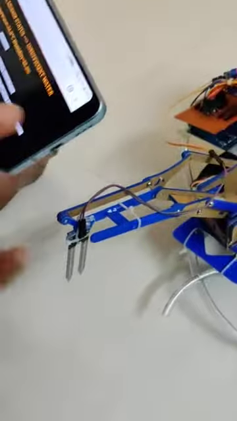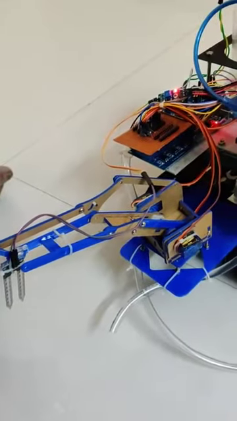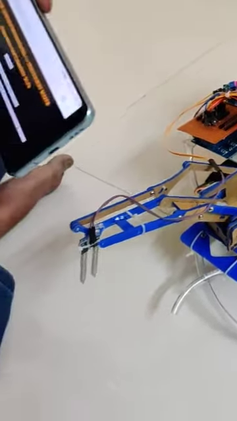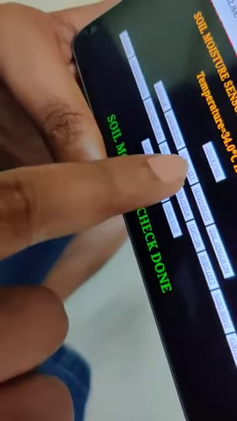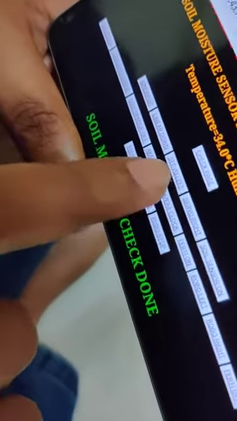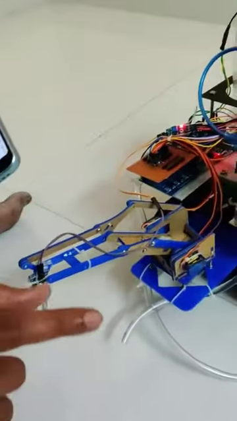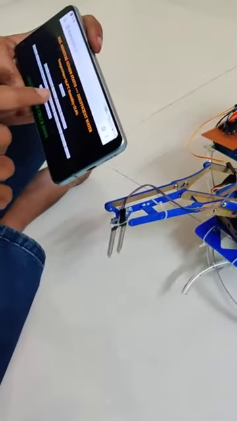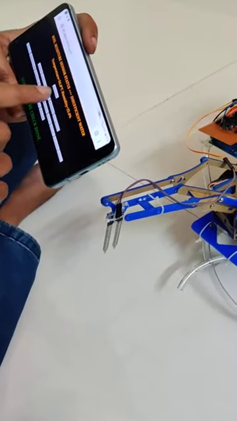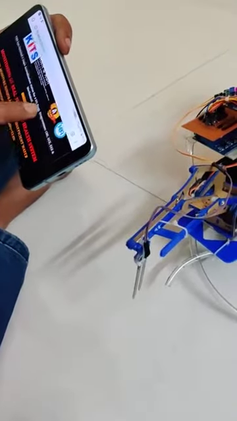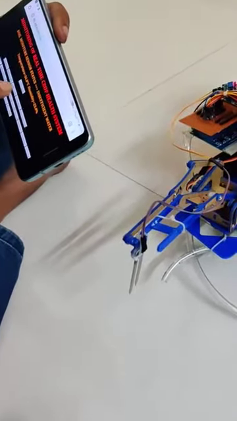Next, let's focus on horizontal movement, as we discussed. Servo left and servo right are used to rotate this robotic arm in the horizontal direction. I'll press servo left. When you press servo left, it moves to the left side, horizontally.